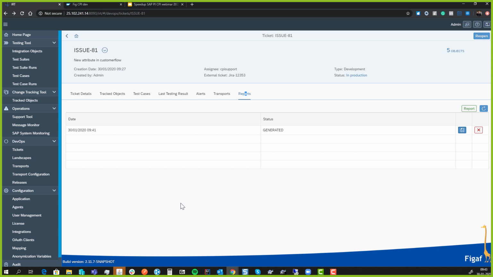Or for PIs, and let's take that one later. So for PI, we don't really care about the iFlows. Well, the main object in the PI is still the ICO, because that is where you get most information. So that was what we did with